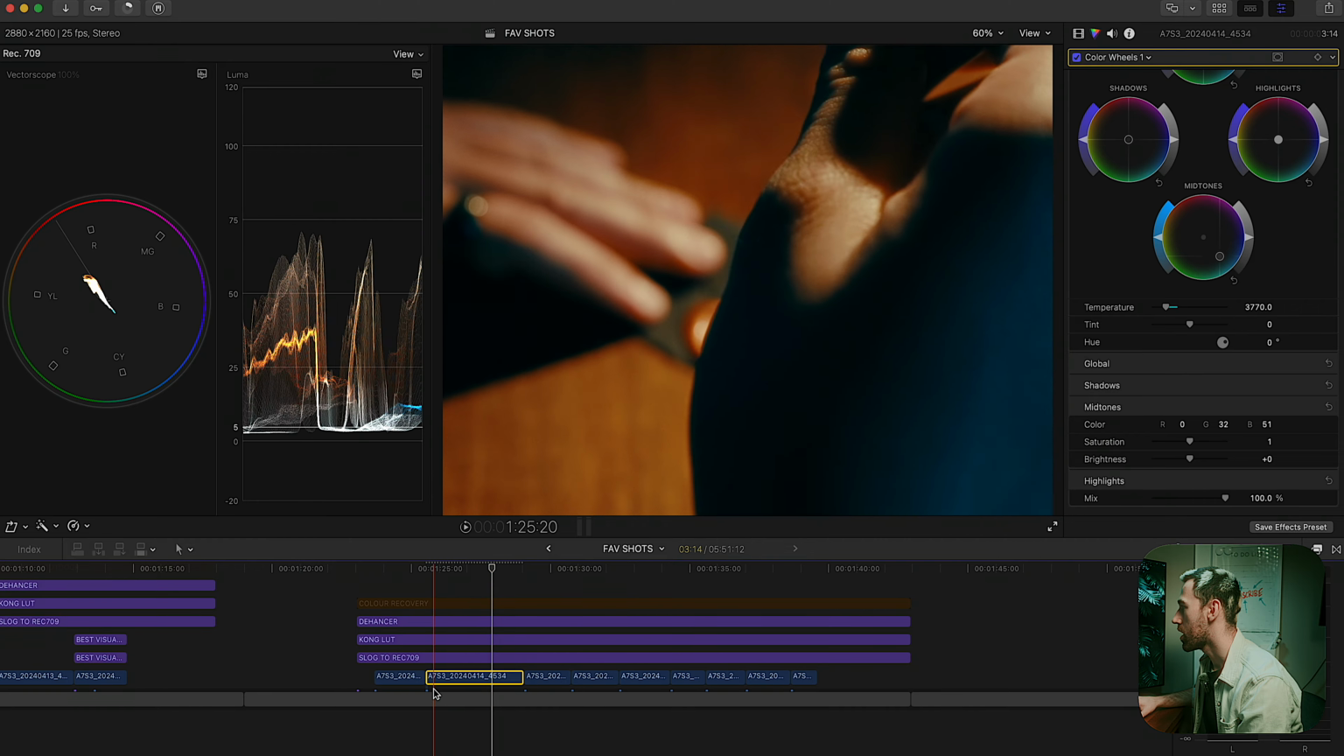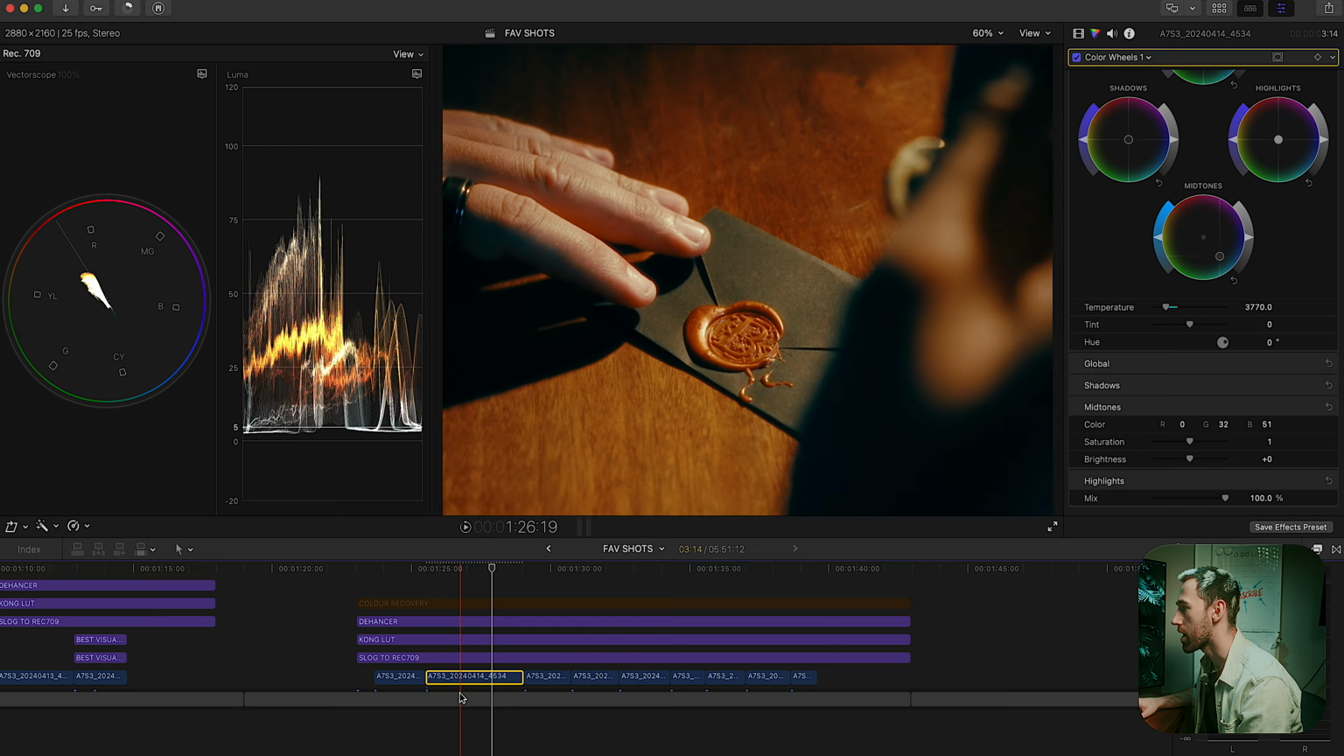And this only works because I have 10-bit footage. If you are shooting on a camera in 8-bit, you're not going to be able to mess with colors like this and recover them the same way that I have. If you want to know more about bit depth when you're working with color, I'll link some more videos here in the sidebar. But now you can see with just one color wheel, we've brought so much back to our